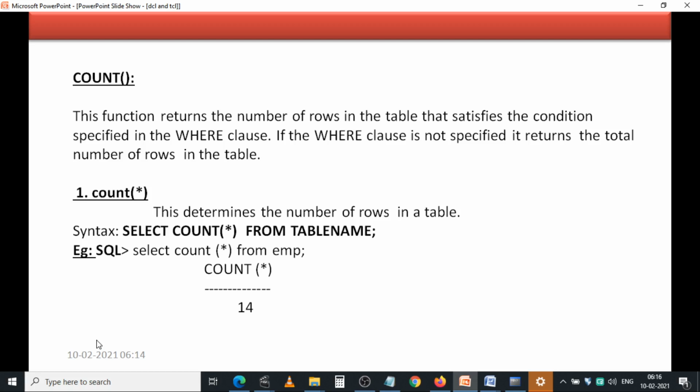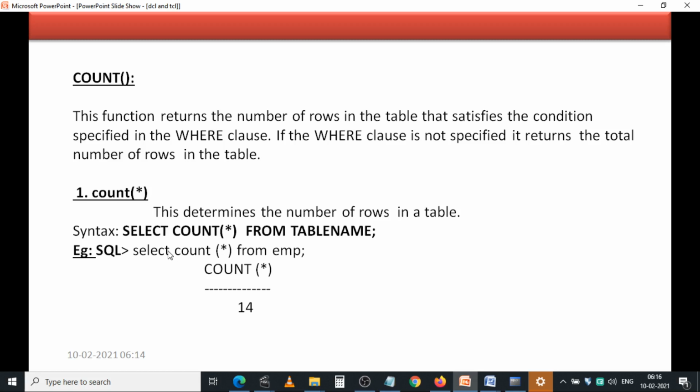In this count function, there are 2 forms. The first form is count of star. Star means it returns the total number of rows present in the table.